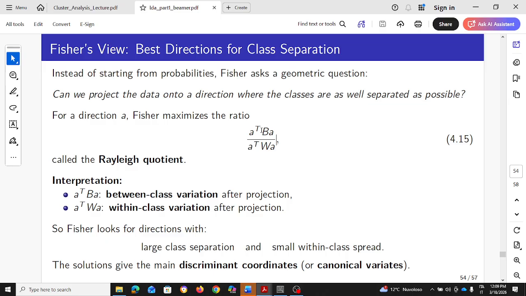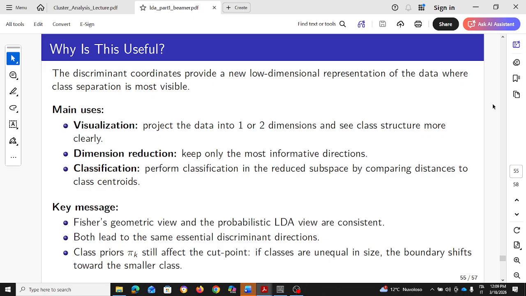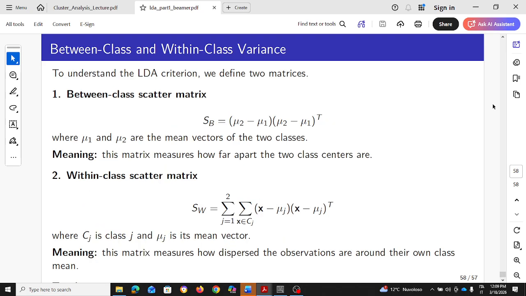And then we project. And this gives us the class separation. So we have to find this: mean of the second minus mean of the first, mean of the second minus mean of the third. Okay,